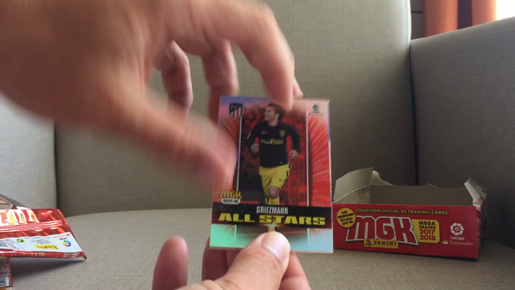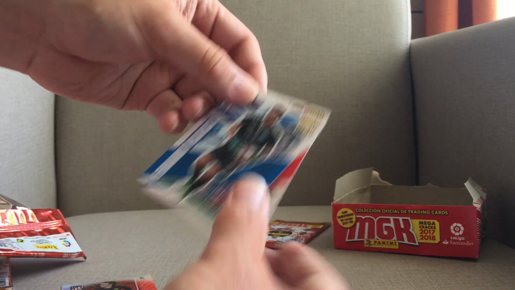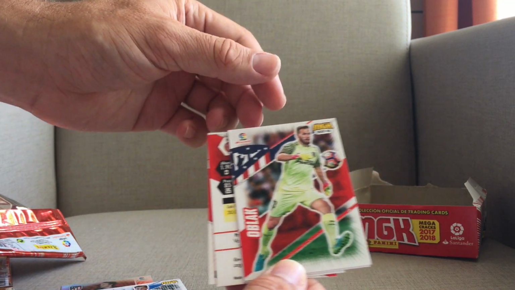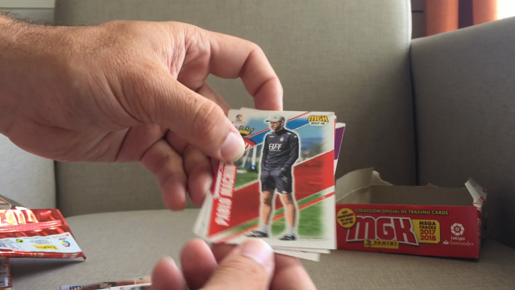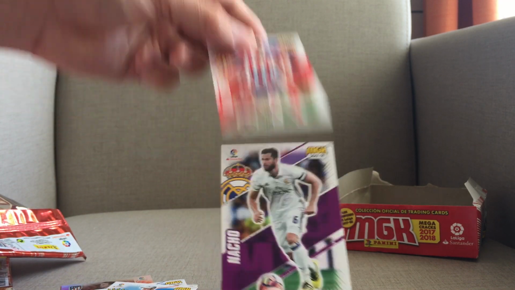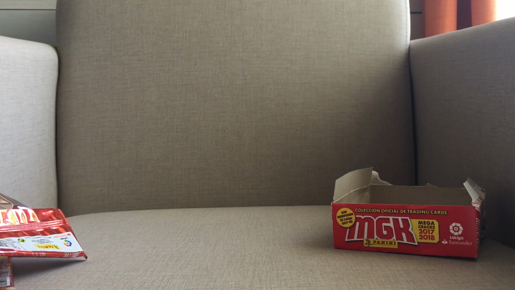We have an all-star card for Griezmann. And we have Fernando Pacheco, Oblak. We have Pablo Machin, Juanpi, and Nacho. And then the final pack